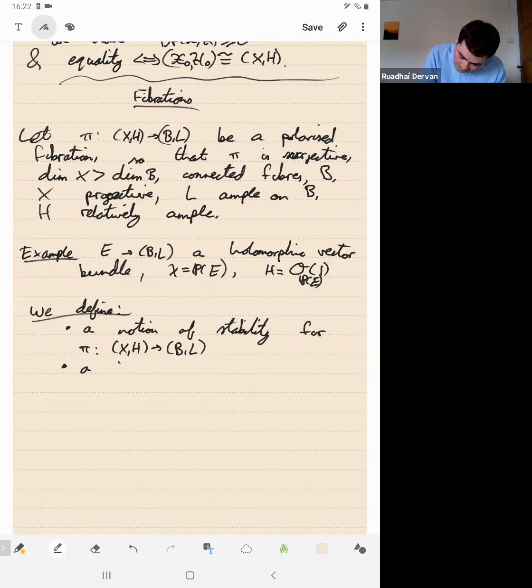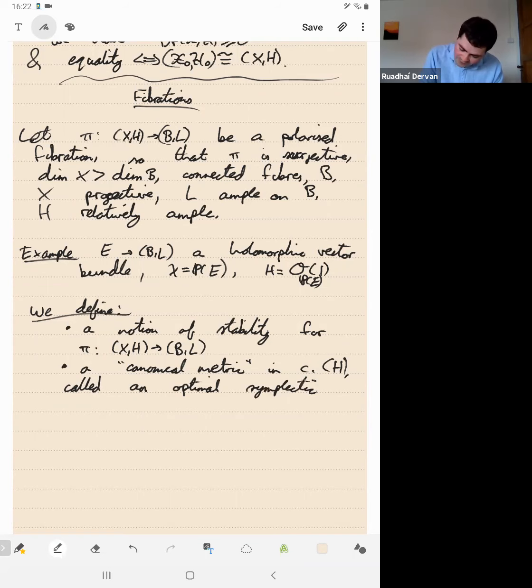So a canonical metric in c1(H), and we call these optimal symplectic connections. So this is called an optimal symplectic connection, such that